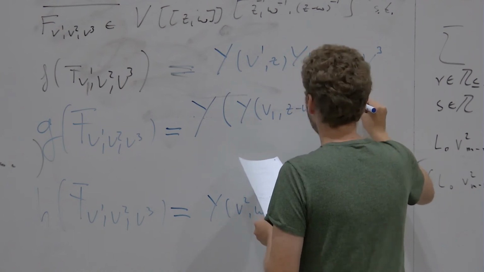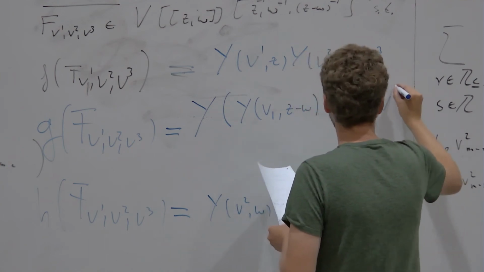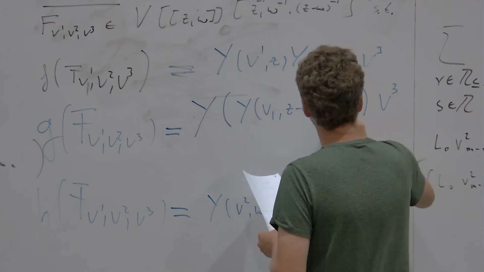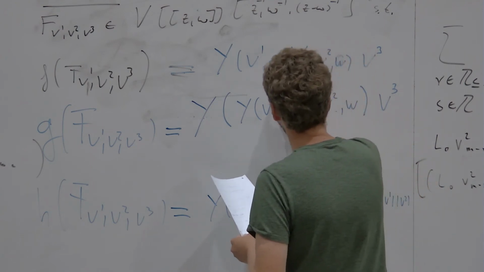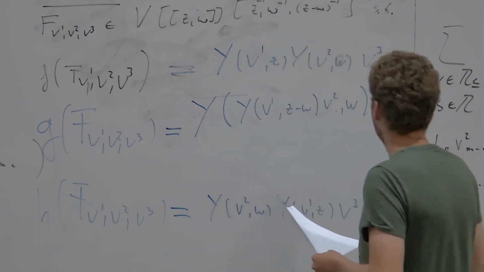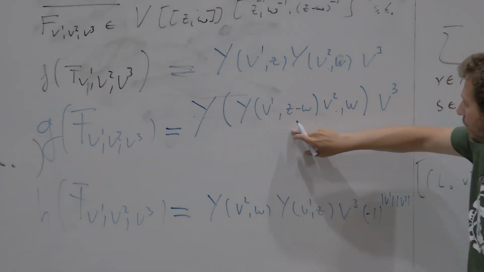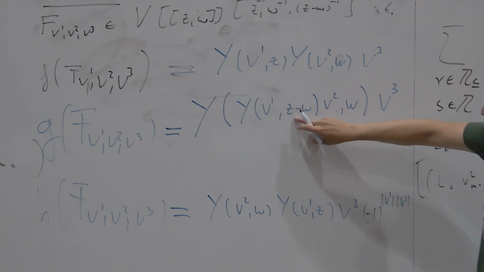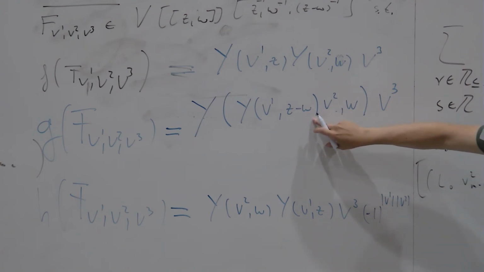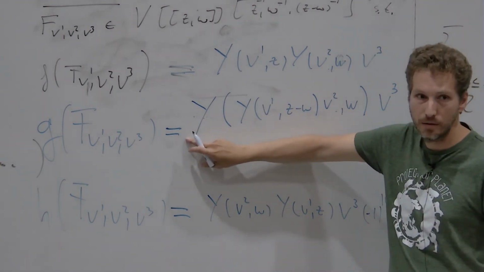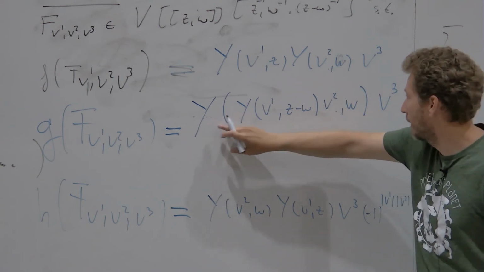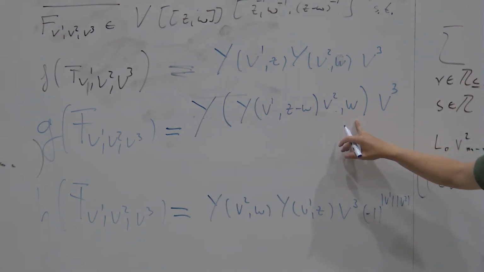So it's a convoluted expression. But here, this expression becomes a Laurent series in Z minus W. Then you can use linearity to pull it out, and then you get the additional action, which gives you a Laurent series in W. And duality,